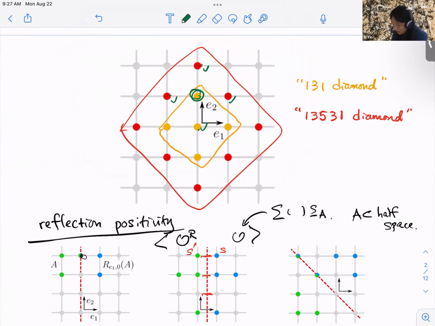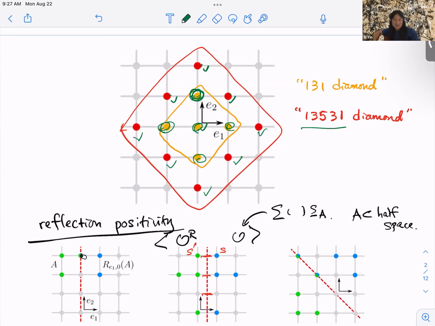All right. So with the diamond-shaped region, if I work with a 13531 diamond, I can do spin flip identity for all these green dots here, and they include the spin insertions of these points. But that's it. If I had chosen a square-shaped region, then there'll be some corners which I will never reach. So it seems like it's less efficient.